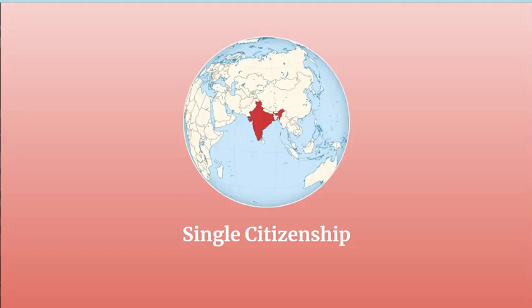For example, if I am from Karnataka, I will not have Karnataka citizenship. I'm an Indian, so I have only single citizenship. That is, I'm a citizen of India. All the citizens of India can secure employment anywhere in the country and enjoy all the rights equally in all parts of India. The constitution makers purposely opted for single citizenship so that they can eliminate regionalism or any other disintegrating tendencies among people.